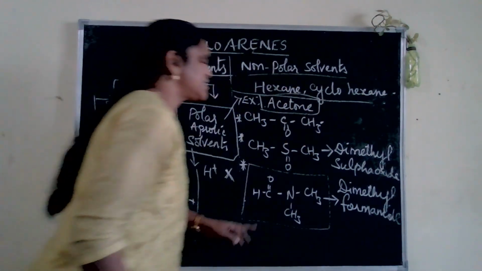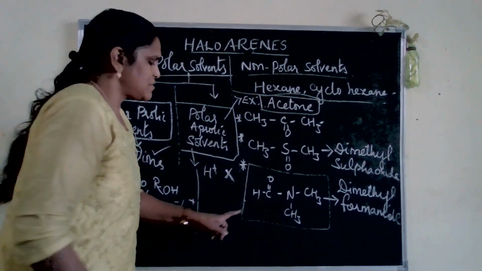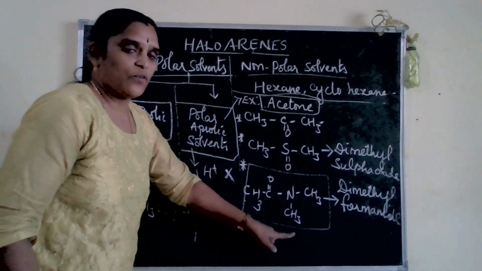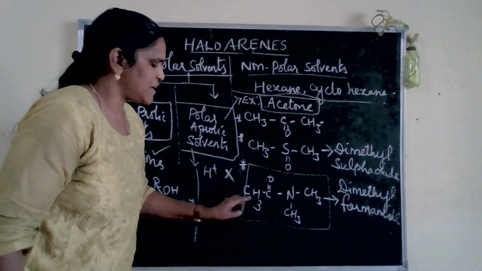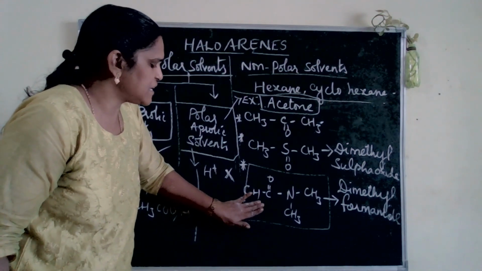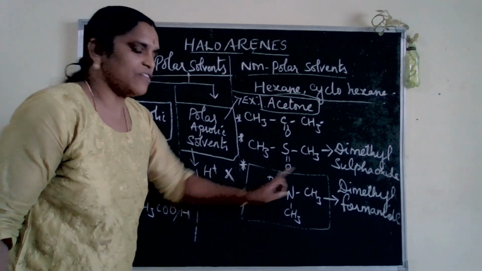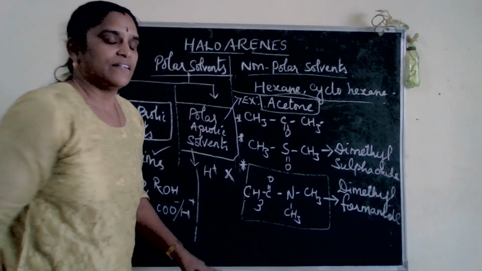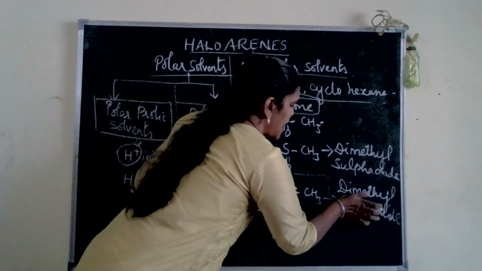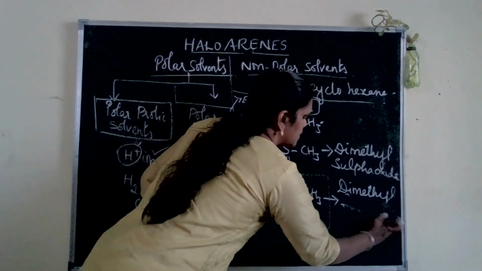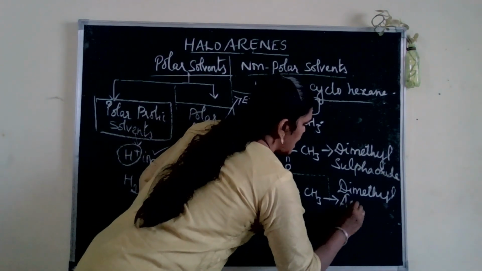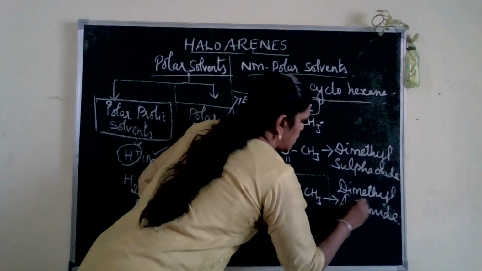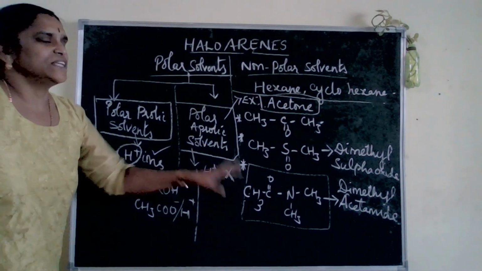If I put only hydrogen, it means dimethyl formamide. Suppose I put CH3 there, that is called dimethyl acetamide. Okay, these are the points I wanted to